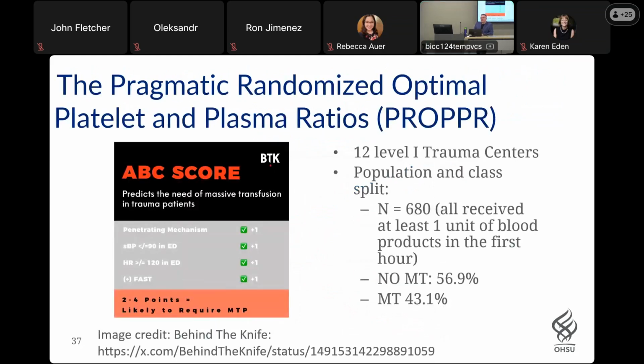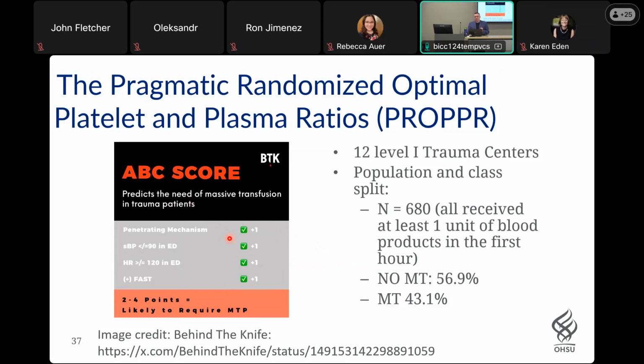And I'm going to benchmark my model's performance to this study. So there was a big trauma study on how to use the blood components. So blood is now coming in components. There are red blood cells, plasma, and platelets. So this study was based on 12 level 1 trauma centers. It was intense, but the spin-off of this study did actually ABC score